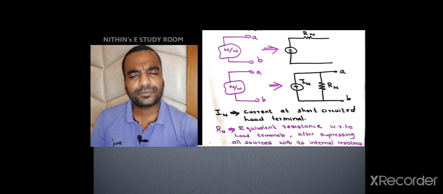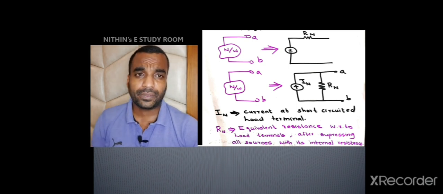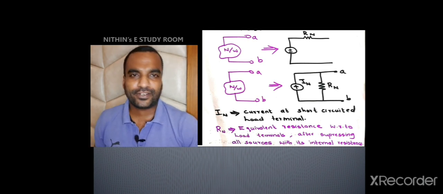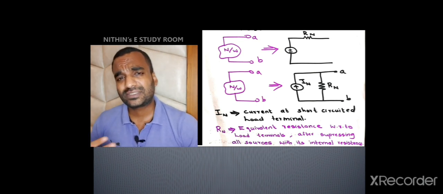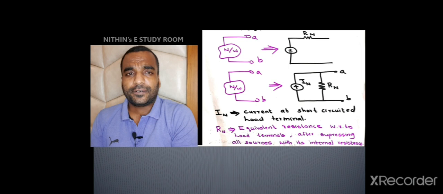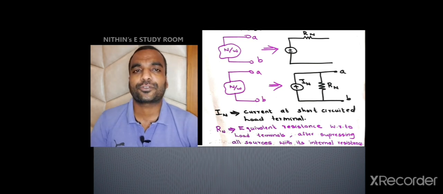Before discussing in detail about these steps, I think it is better to take a simple problem and solve it. By solving that problem, we can discuss what the steps are, how you can identify the load terminal, how you can remove the load terminal, and what the procedure is for finding RN. All such things we can discuss while doing the problem. While solving Thevenin's theorem, we did all those things step by step, and the procedure of finding RN is simply the same as that of R Thevenin you found in Thevenin's theorem.